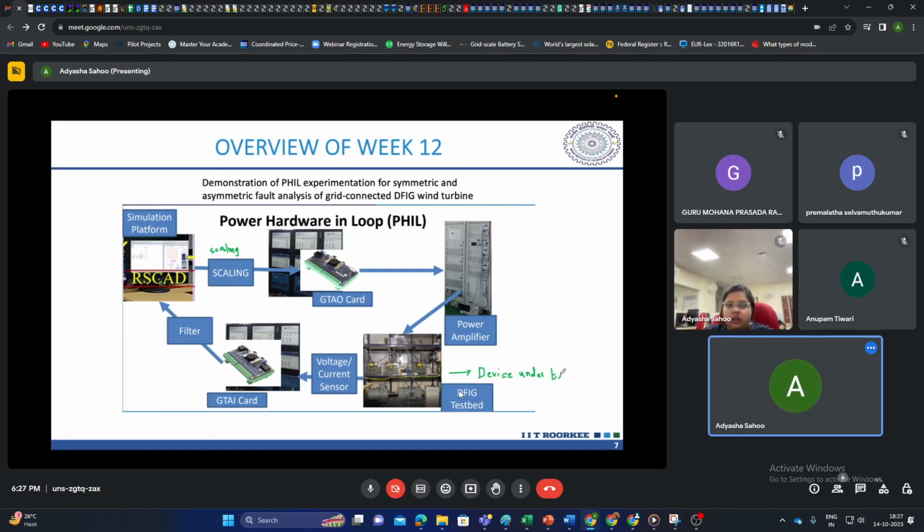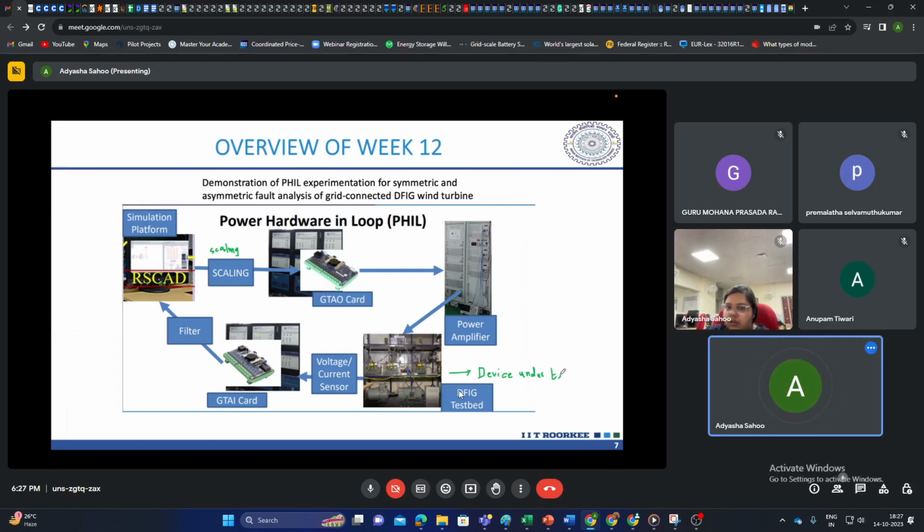Then the first demonstration was for this GTAI card. To observe the functioning of this card, first we have a function generator here, and we gave some input voltage of 3 volts to this GTAI card. You can see this is a 12 channel card, meaning it has 12 pins or channels. Then when this 3 volt input is received by the GTAI card, through the filters,